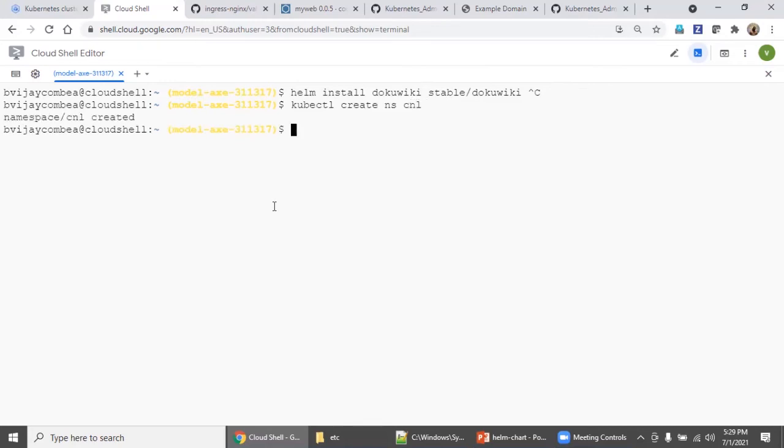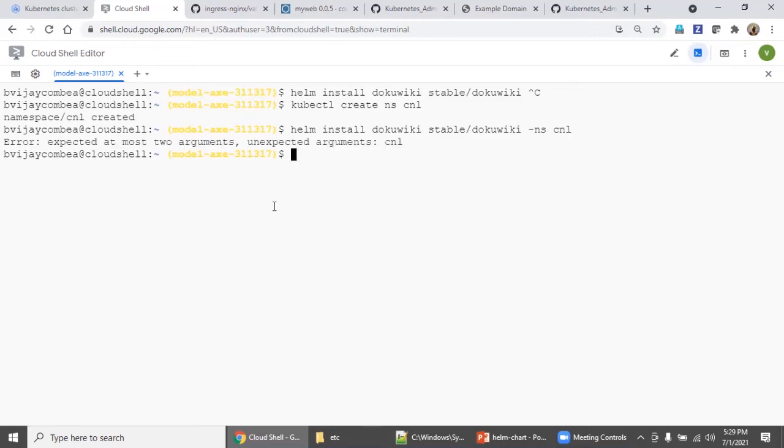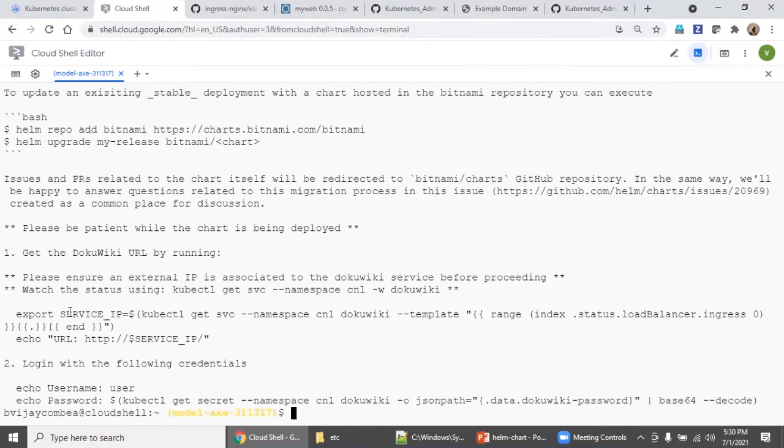Now if you type this, I want to install this chart where the namespace is CNL. If you do this, okay, sorry, there is a typo. So I want to deploy this in the CNL namespace. Wait for it. If you carefully observe this command, the namespace is CNL.